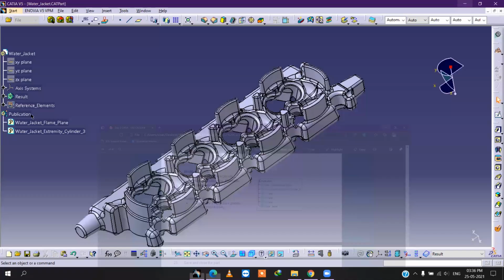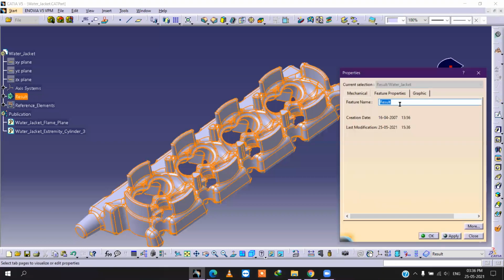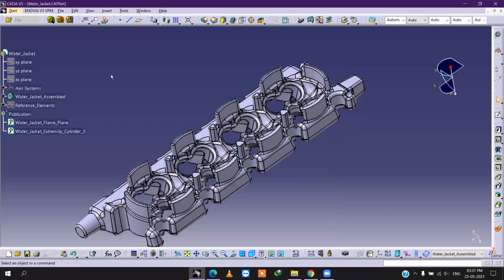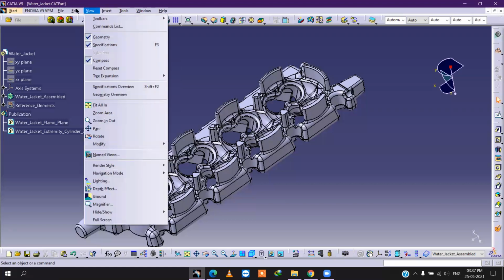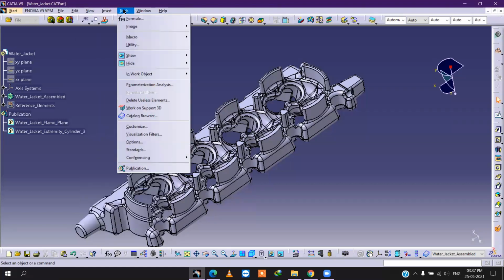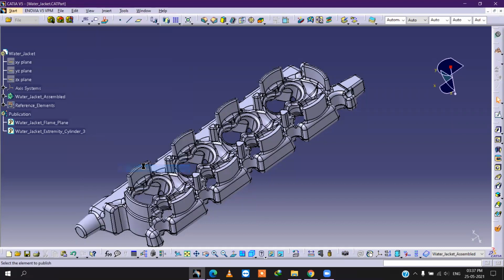We have to rename it in properties, water jacket, water jacket assemble. Okay, here if you go to tools, you will get publication.